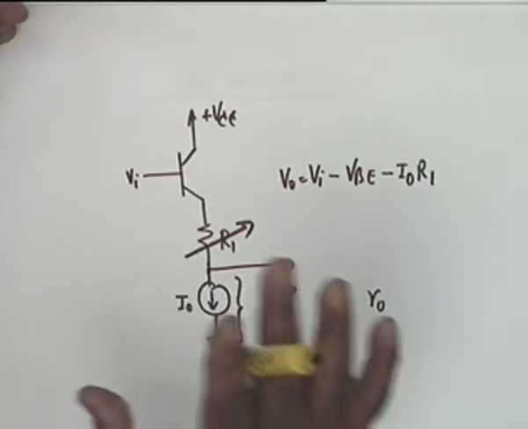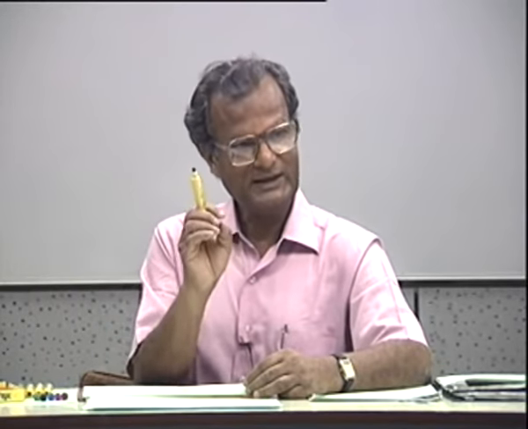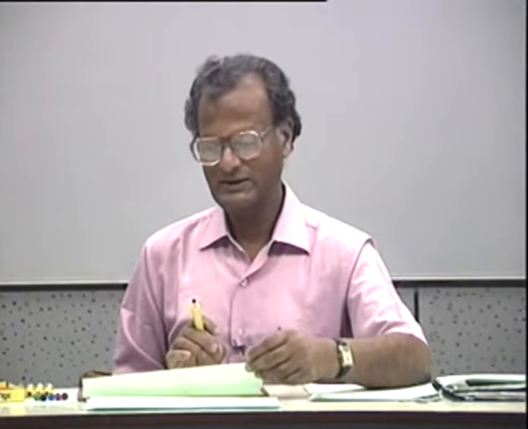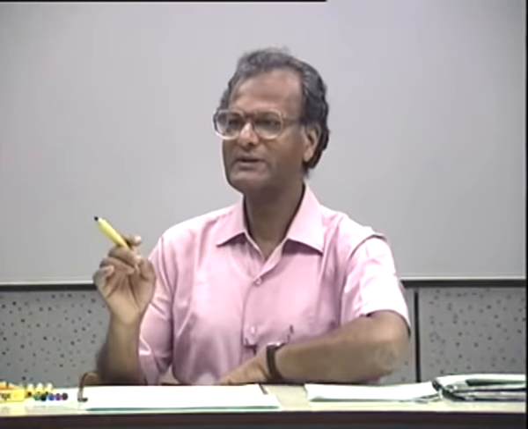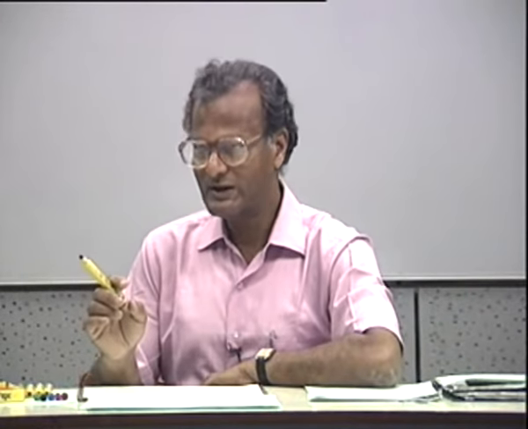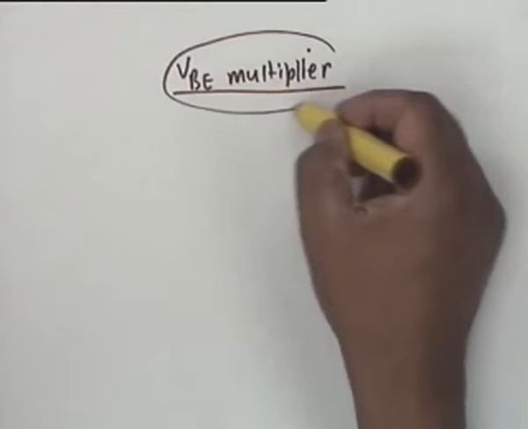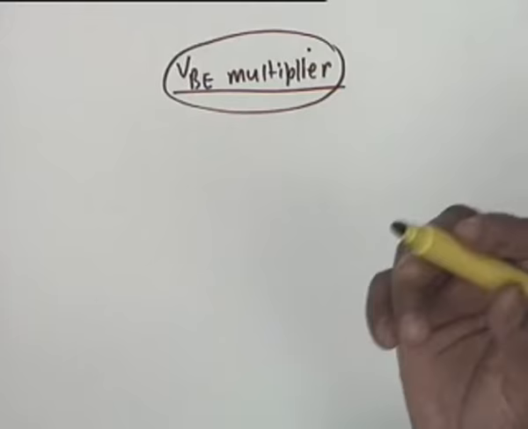But please remember, these are not variable from outside. It's part of a chip. This is taken care of during the design. You know precisely how much shift you require, and you adjust to that. And once you adjust, you leave it at that. As I said, the most sophisticated one is to replace R1 by what is called a VBE multiplier. A VBE multiplier is a chip by itself. It's available as a chip also.